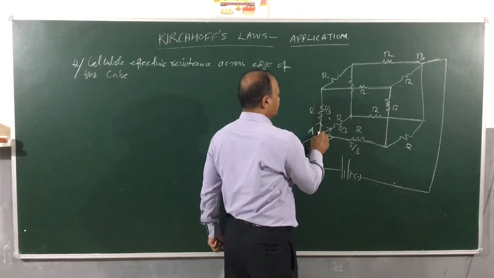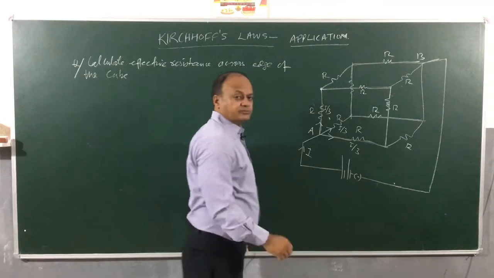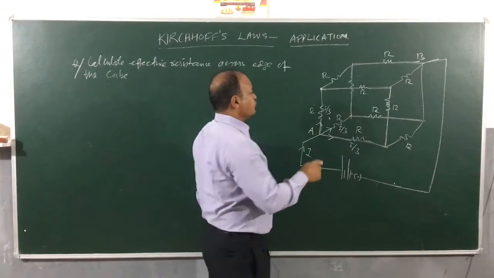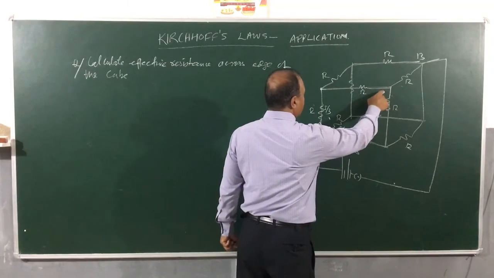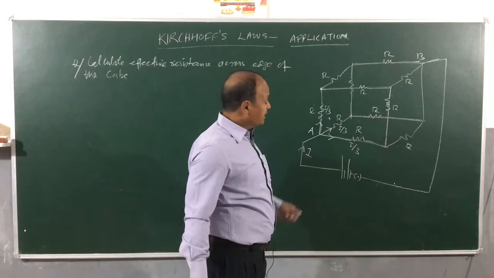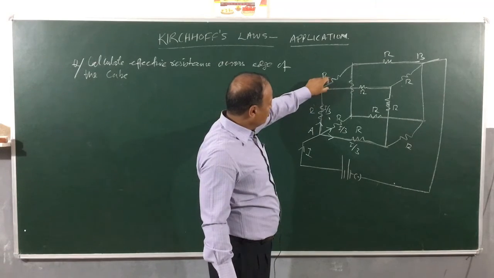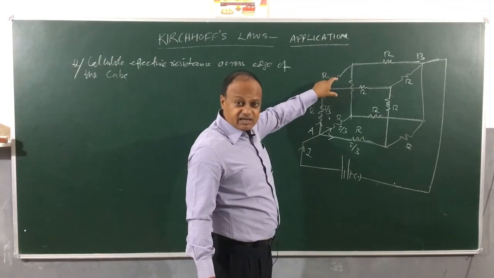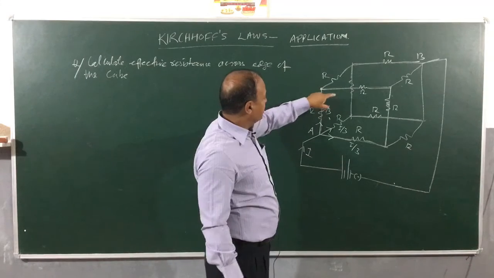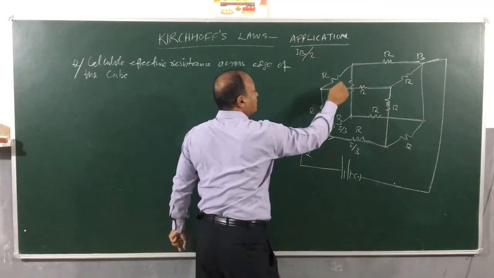Now, let us see the division of all the currents one by one. Let us talk about this current. This current is travelling up to this point. At this point again it is divided into 2 branches. One branch is here, resistance R, and the other branch is here, resistance R. Again this current I by 3, children, at this point will be dividing into 2 equal resistances, each is R. So each current will be divided equally, it will be I by 3 divided by 2.